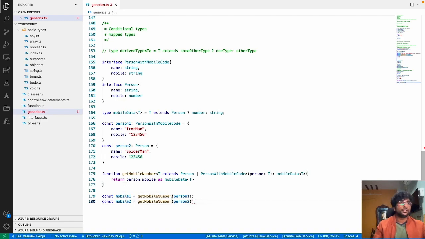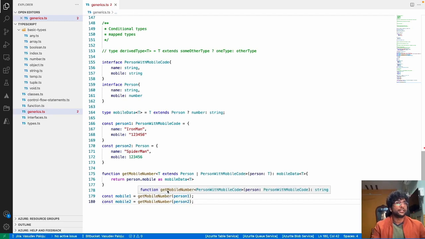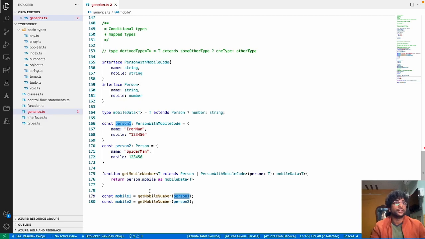Even if you look here, the function is saying the return type has automatically changed to string. Look at here. It inferred the type of person1, and automatically the type definition has been changed accordingly. Instead of defining multiple overrides, which we have done previously, person with mobile code and person and return type going to be string, this is going to be very cumbersome,